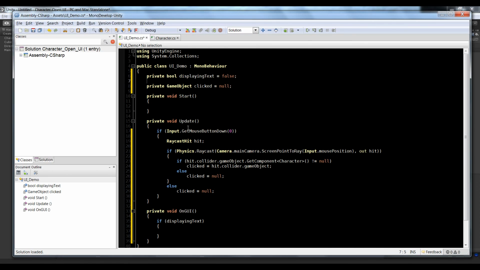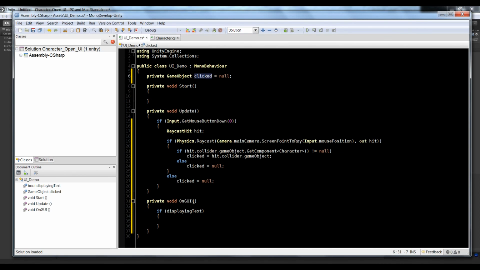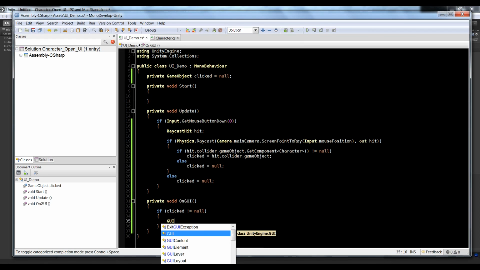So in this case, we can actually remove this boolean that we say display text. We can take this clicked and we can say if clicked is not equal to null. So now if we're clicked on anything, it'll display this text. So if we're clicked on something, we want to actually display a label. And I'm just going to create a simple label. I'm going to say GUI.Label